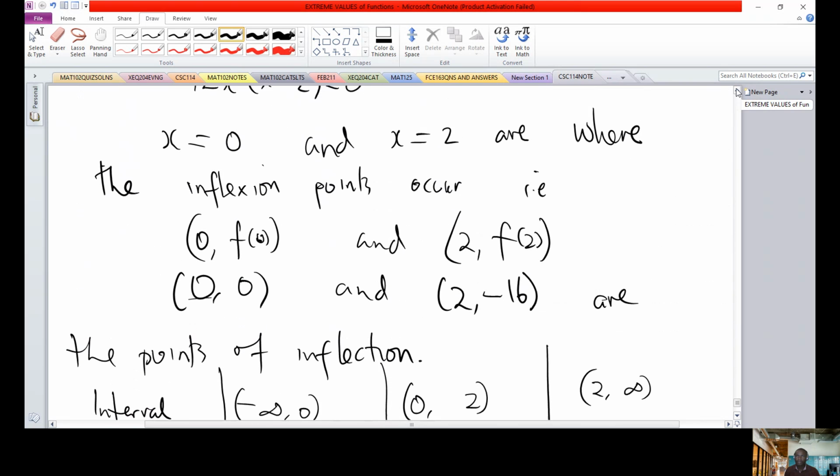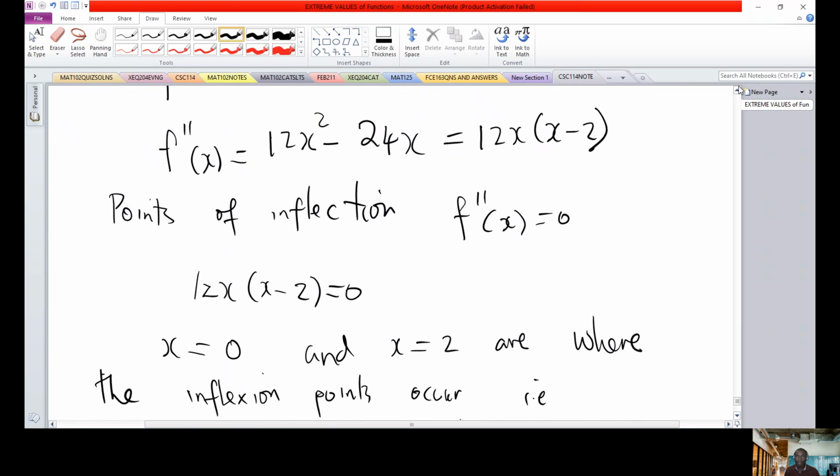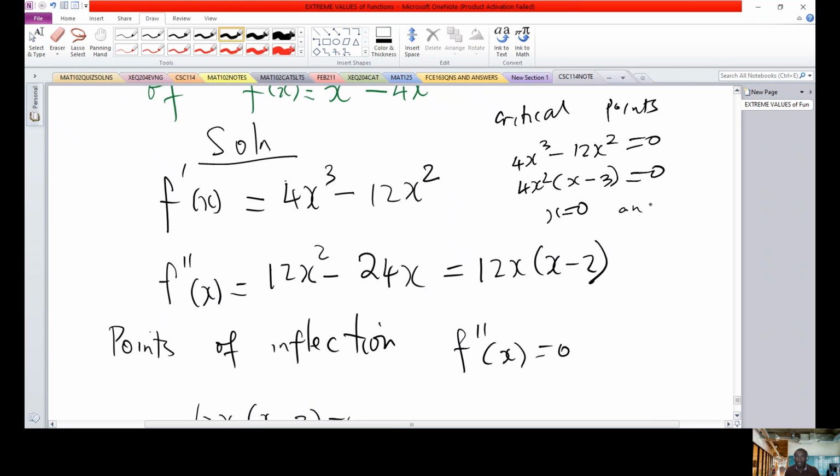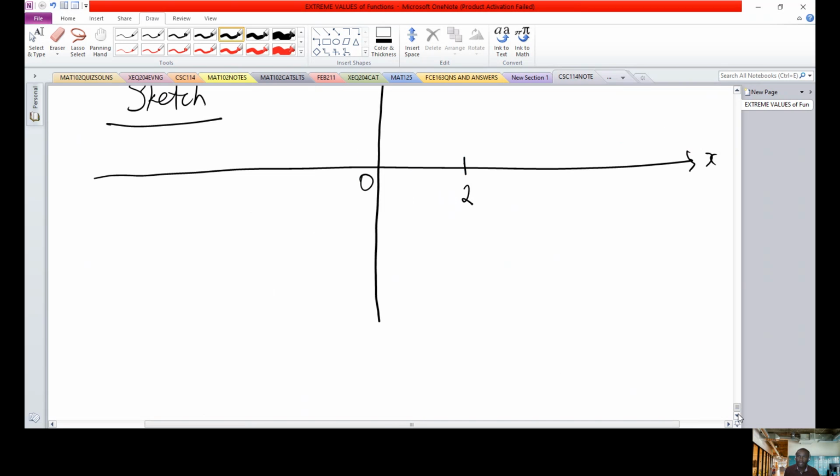So critical points occur when you set this equation 4x cubed minus 12x squared to 0. So we have 4x squared into x minus 3. So x equals 0 and x equals 3 are the values of x which give the critical values of the function. So therefore now at x equals 0 and 3,